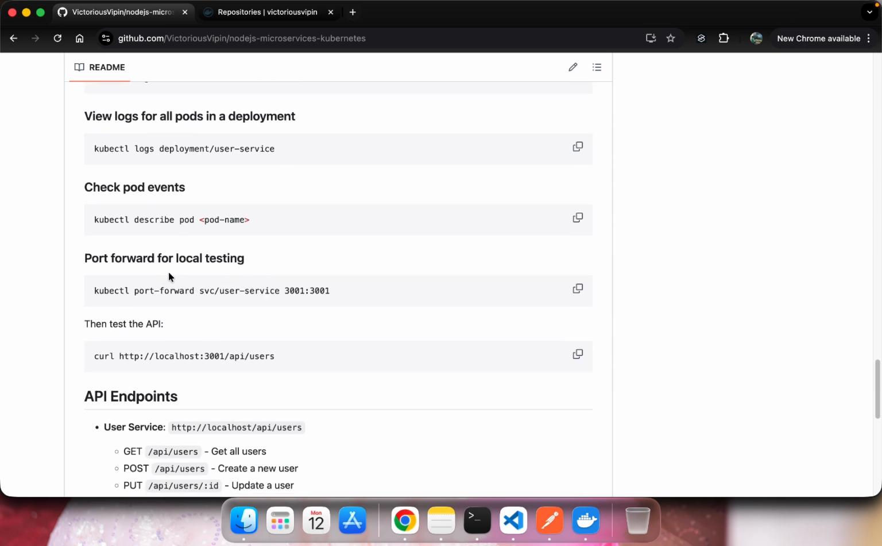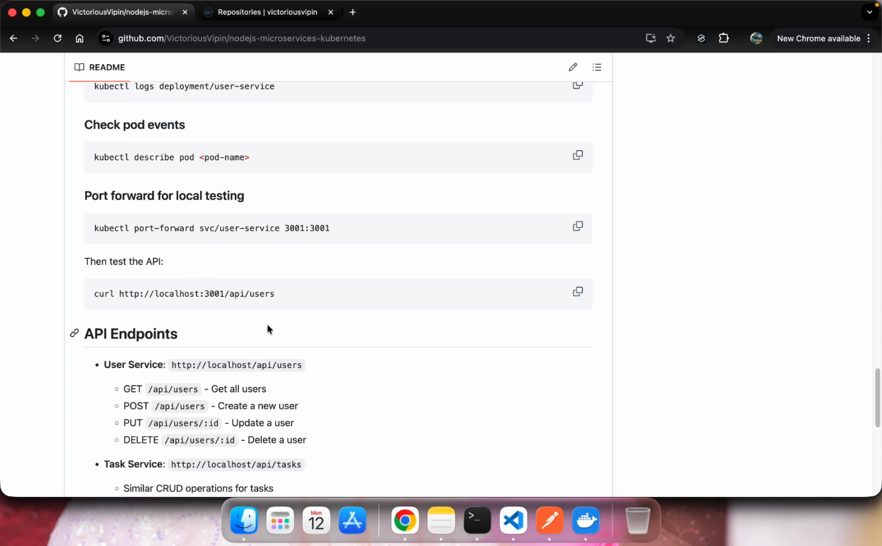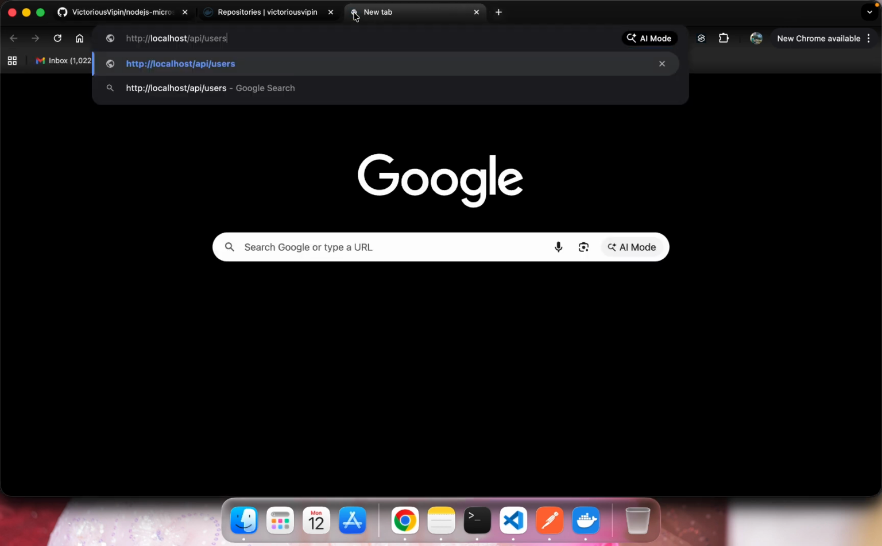There is port forwarding. If you want to access any API outside of the cluster, you can just run this port forwarding command, and you can access the API easily. But for now we will be accessing our APIs only with the Ingress. Currently the Ingress is running on localhost. So if I check with this command,